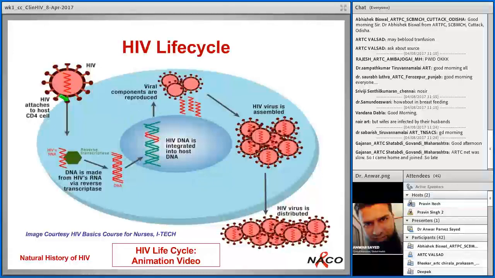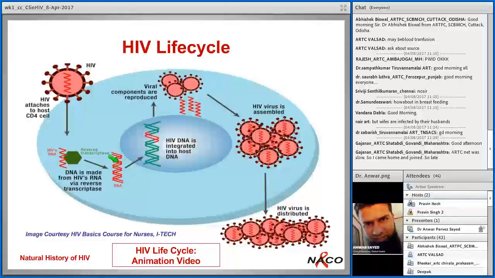So HIV will get attached to this CD4 receptor. There will be 2 more co-receptors here, called CCR5 and CXCR4. I'll explain them in detail in the next session on ART. When this happens, the single-stranded RNA is released into the cytoplasm of the CD4 cell along with the three enzymes which we named before: reverse transcriptase, integrase and protease. As we all know, it is a single-stranded RNA virus which gets converted into double-stranded DNA, and this important conversion is brought about by the enzyme reverse transcriptase.